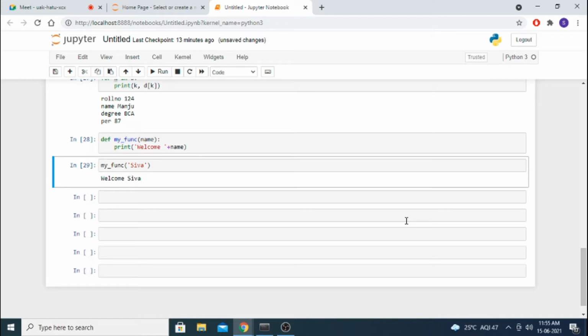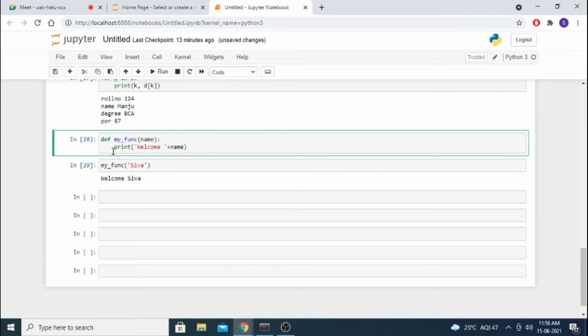Okay, and in that function, def and the function name, and what parameter you are giving. Okay, name is a parameter. Okay, and colon, and what it has to do: print welcome, and I am giving name. This function is not returning any value, so there is no return statement. Hope you studied C programming, C++. There, whenever you are calling the function, you have to use the void method or return method. It is not necessary here. If you want to return, then return will come. Otherwise it is not needed.